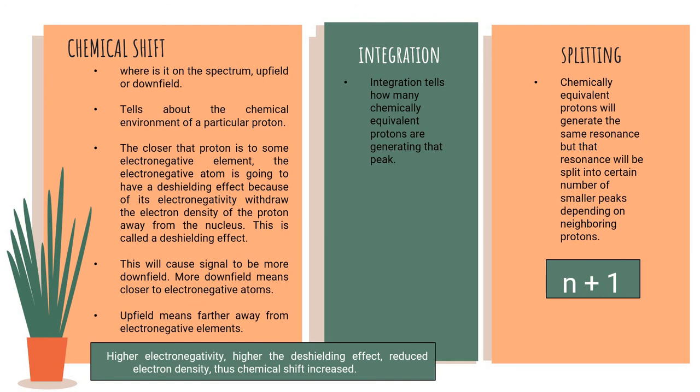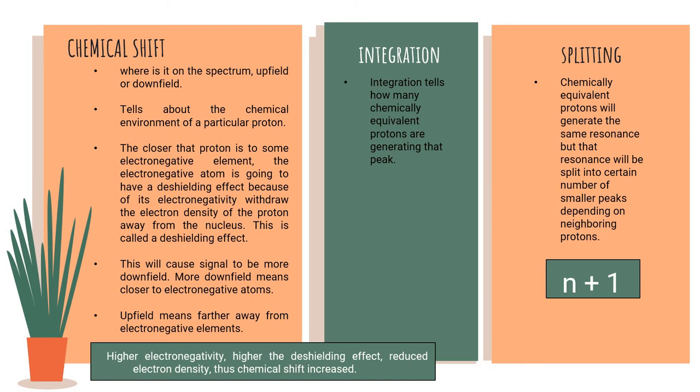The closer that proton is to some electronegative atom, the more the electronegative atom is going to have a de-shielding effect, because its electronegativity withdraws electron density of the proton away from the nucleus. This is called a de-shielding effect, and this will cause the signal to be more downfield. More downfield means closer to the electronegative atom, whereas upfield means farther away from the electronegative elements. So, in conclusion, higher electronegativity means a higher de-shielding effect and reduced electron density, thus the chemical shift will be